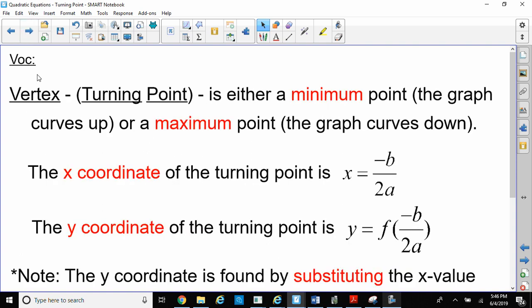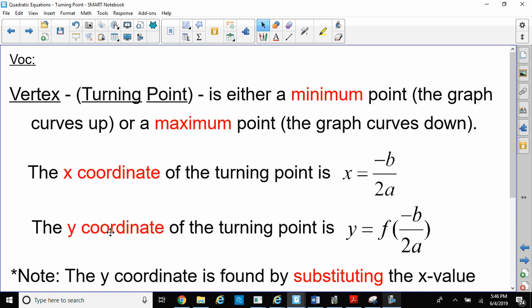Here's some more vocabulary. Vertex is another name for turning point. It can either be a minimum point, where the graph curves up, or a maximum point, where the graph curves down. The x-coordinate of the turning point we find by finding x equals negative b over 2a. That's the axis of symmetry we mentioned from our other video, but we're going to take it a step further